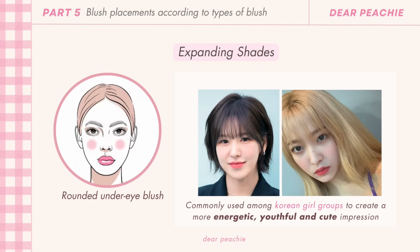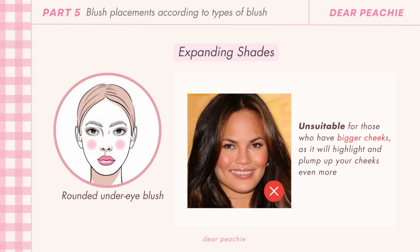Other than that, the rounded under-eye blush technique is commonly used among Korean girl groups to add these expanding shades to their cheeks to create a more energetic, youthful and cute impression. However, this blush technique might be unsuitable for those who have bigger cheeks, as it will highlight and plump up